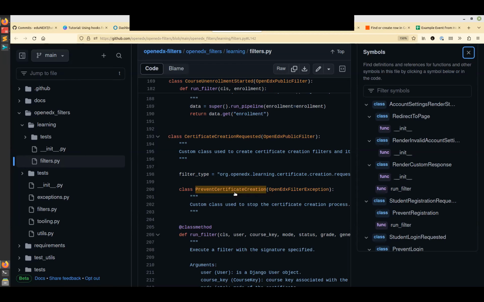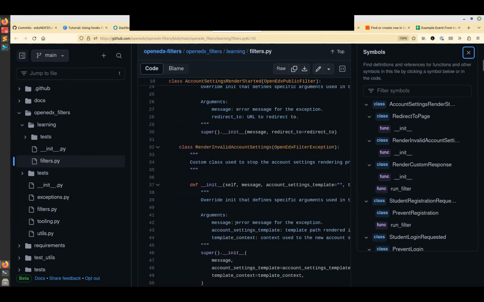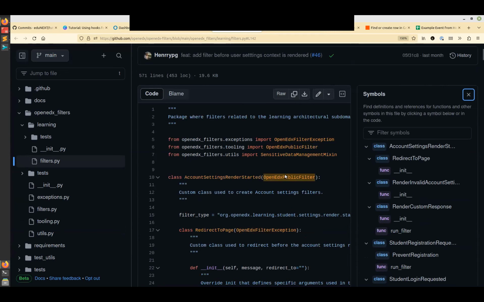So, how would you make a new filter? That's the question. These classes are relatively simple. They mostly inherit from this OpenEdX public filter, and that's what you need. You just need a class that does this. Officially, you should open a PR to this repository, create your filter, have it merged, then update the version, take that version, update it in the platform, and use it. I don't say that this is a good way to go, but